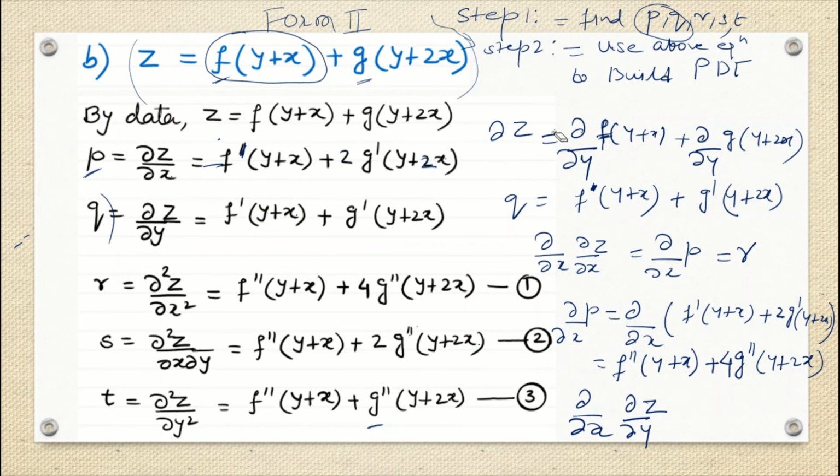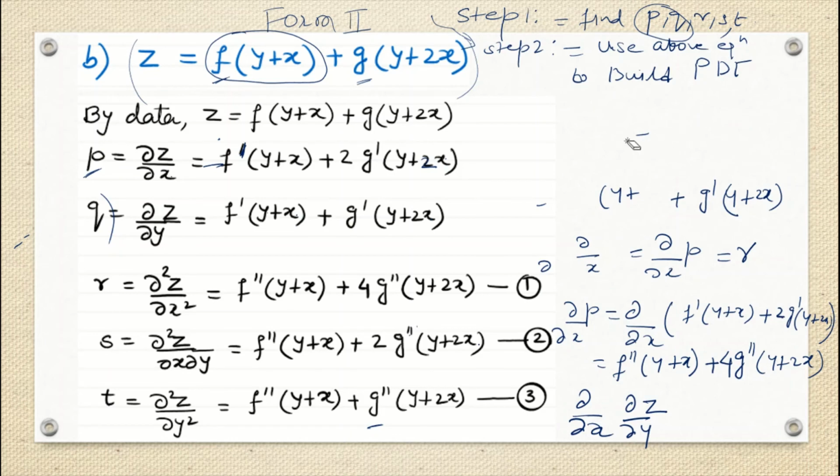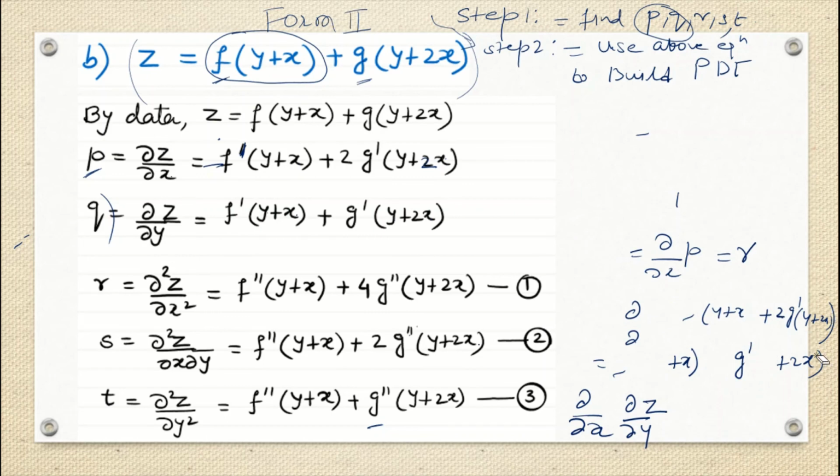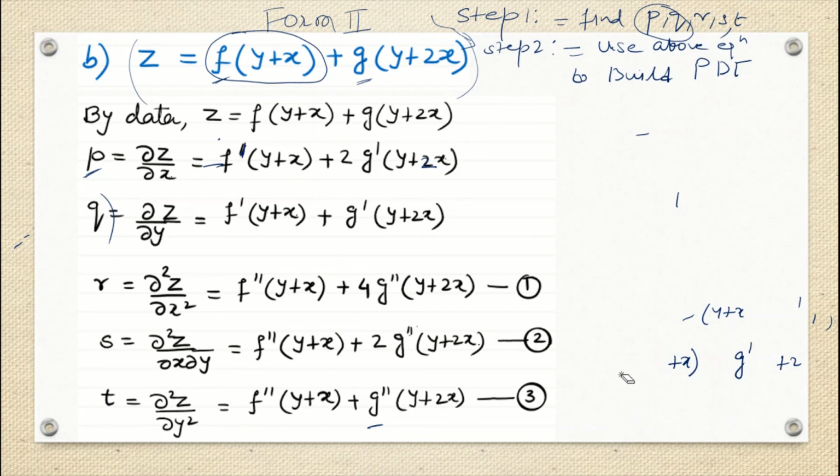Now what will be my step 2? I just have to see these new 5 equations, and one equation is already given to you. The z is also given to you, which we have used in our previous question also. So now we just have to use these equations only, and then somehow eliminate the arbitrary function. So how to proceed? Here, if I see, f dash and g dash are there. Here also f dash and g dash are there. These three we will focus on. So f double dash and g double dash, all things are there.